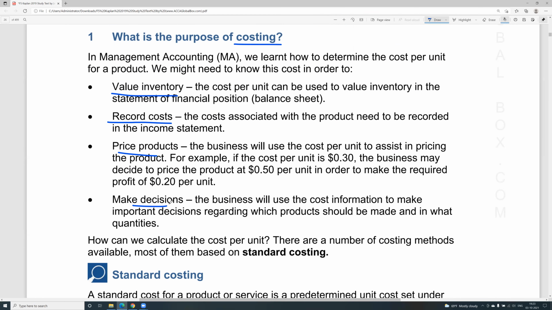See, what's your role going to be in the organization? How can I improve this organization? How can I improve the profitability? How can I improve the performance? How can I analyze what's the problem in the business and how can I improve that business? That's what you will be looking out for as a management accountant, as a cost accountant. That's what you'll be looking out for.